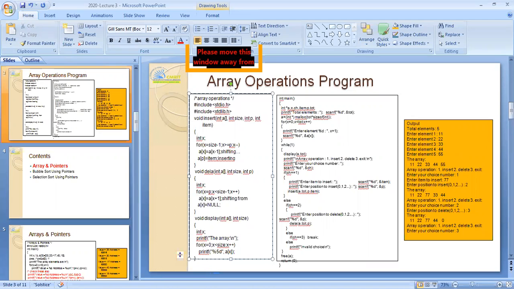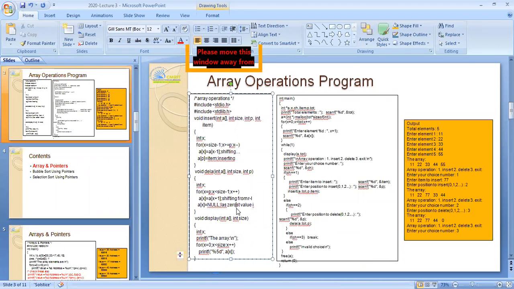At that time you have to move from where? Shifting from right to left. And finally, what is x? x will be the last value. Once you delete, the last value is 0. So I will be explaining that here.